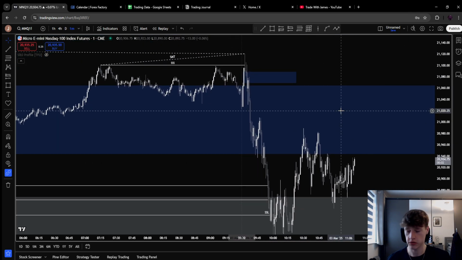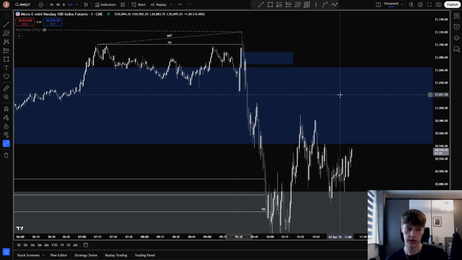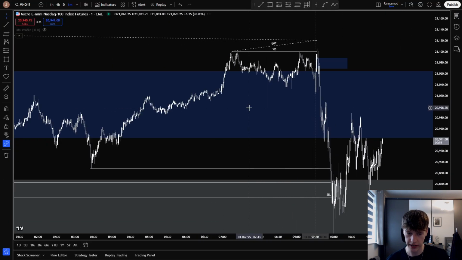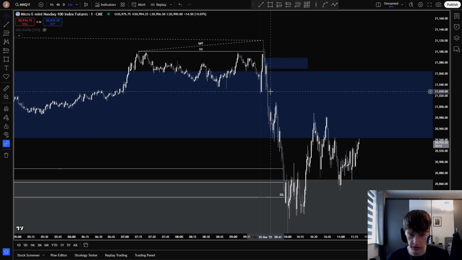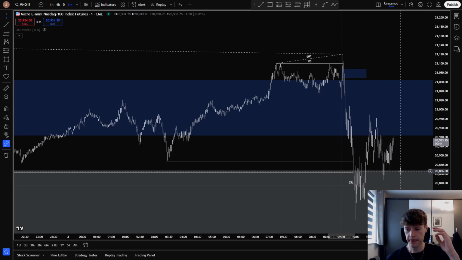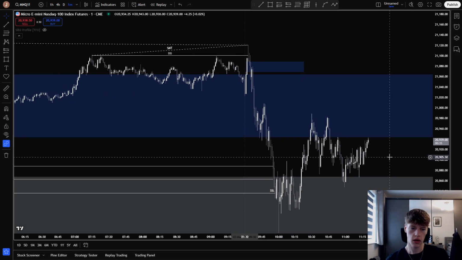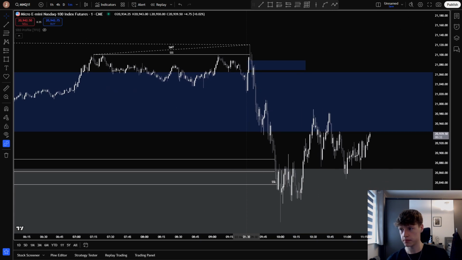because I hesitated because of 9:45 news, because I didn't know where to target, because this has no relation to this. When it did in hindsight, but at the time I couldn't really see that. There was the 1-minute change in state on this candle as well. Price never pulled back to that, or the 5-minute, or the 15-minute, or the 3-minute change in state. So several technical factors as to why I didn't want to take this trade, but mainly, and the point of this video, is I hesitated because